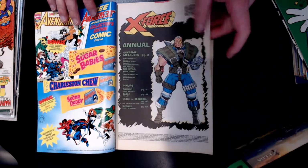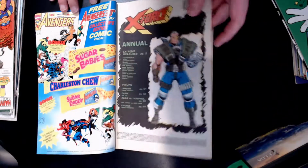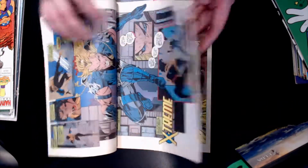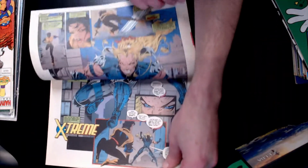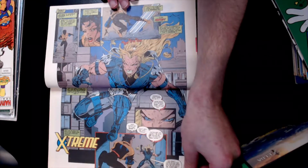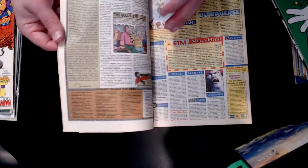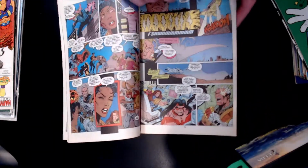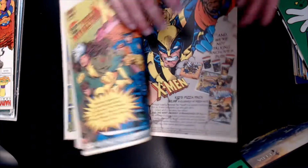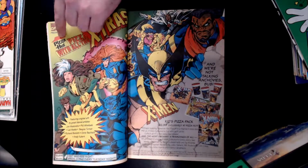But ooh, Sugar Babies and Charleston Chew and Sugar Daddies. Like I said, they just threw all these great ads into here, and those alone are like a time capsule almost for what this period was. And like I said, all these comics are from pretty much 94. I had a couple that said 93, but for the most of it, it's 94. So depending on if it was the end of the summer or not, I was 6 and 7 getting these. Ooh, Pizza Hut, extreme pizza